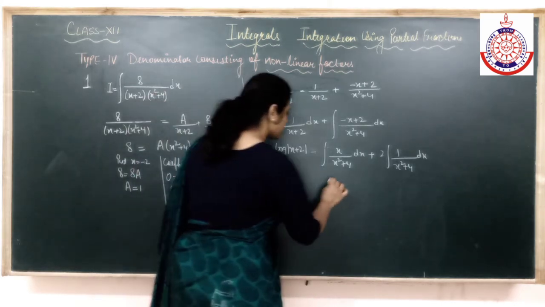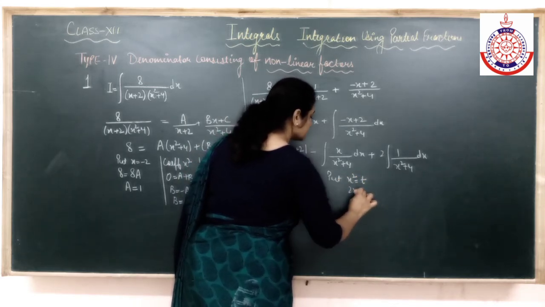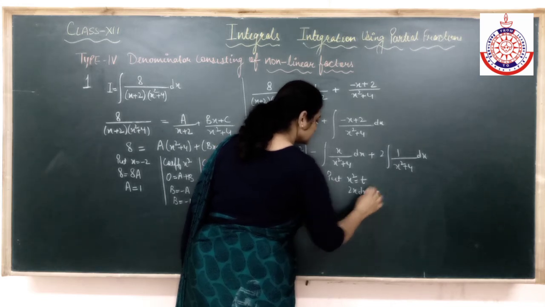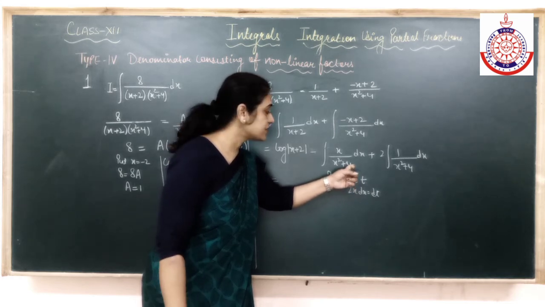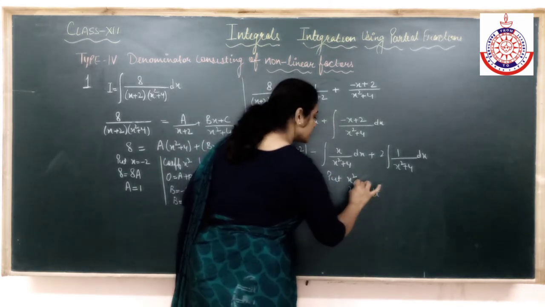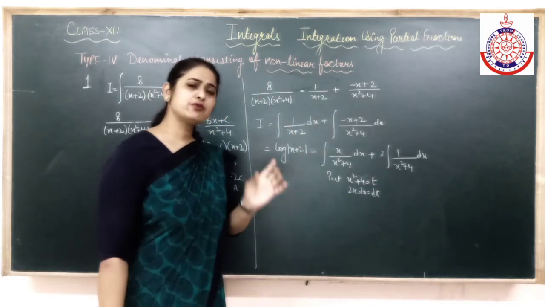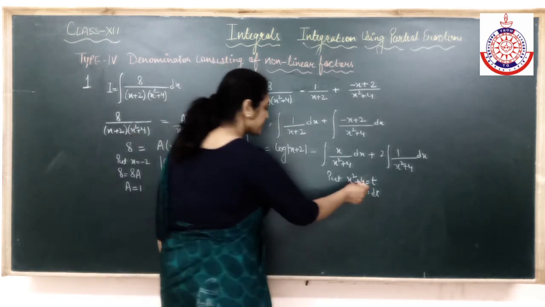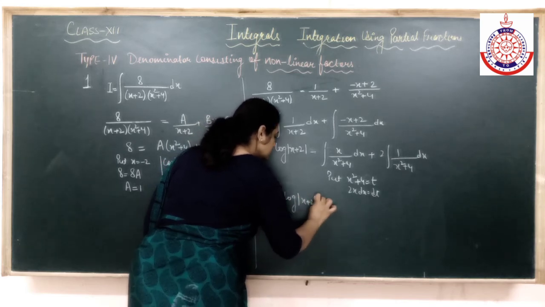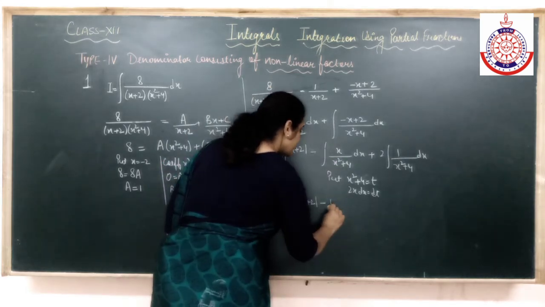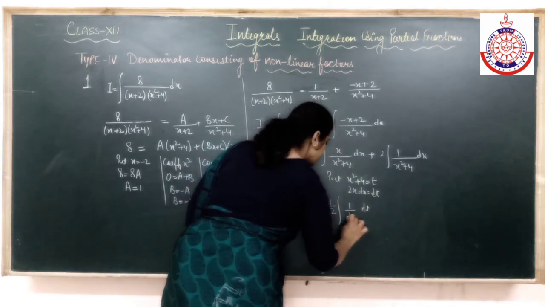Or let's substitute first of all. Put... or you can do one more thing. You can completely put this x square plus 4 also. The reason is that, see, I can do it this way also, because differentiation of 4 is 0, so it doesn't matter. So we can put x square plus 4 directly also. Alright, now it will become... 2 is not there, so 1 by 2 will come here. x dx will become half dt. And this we have substituted as t.